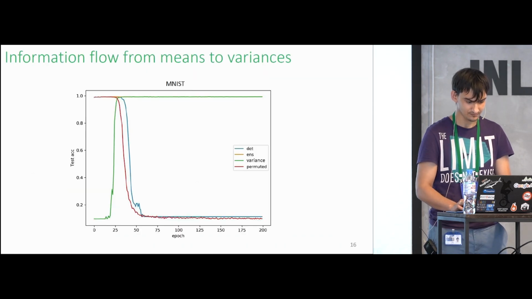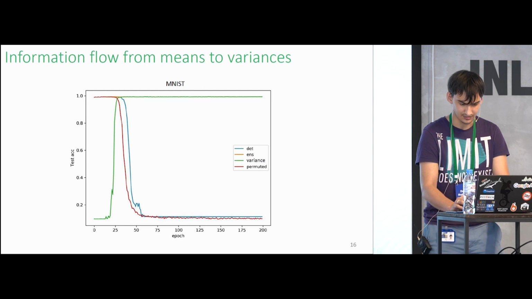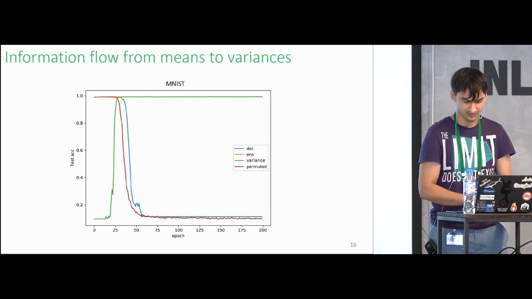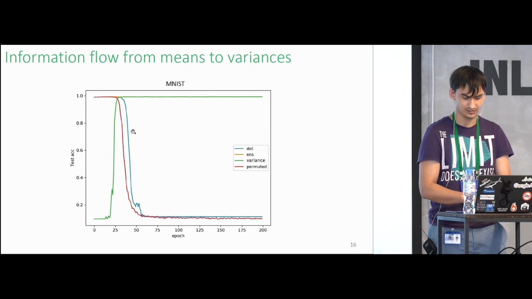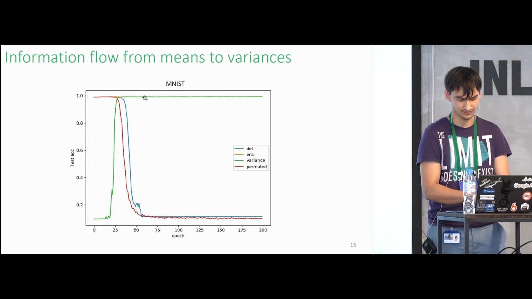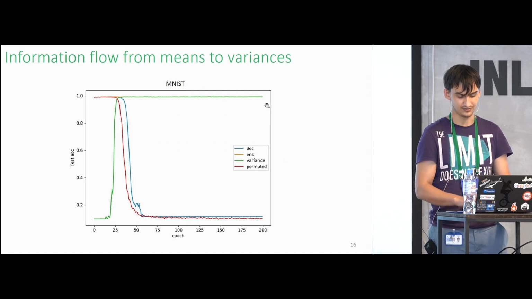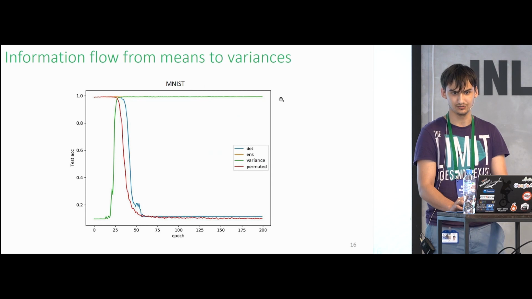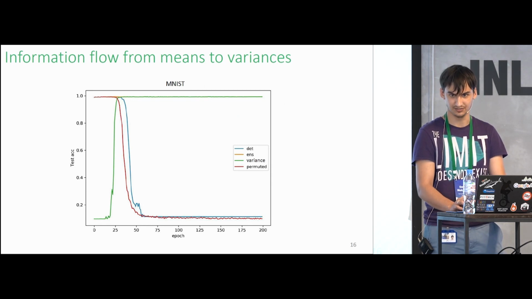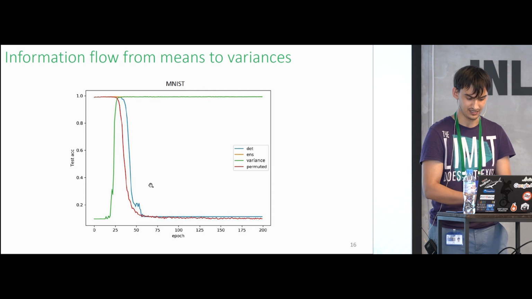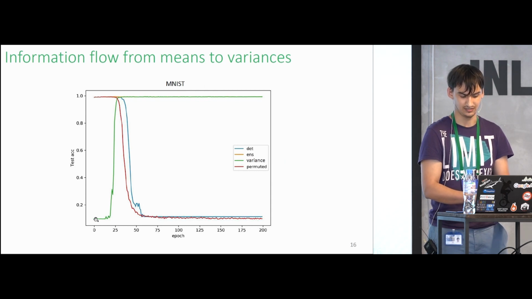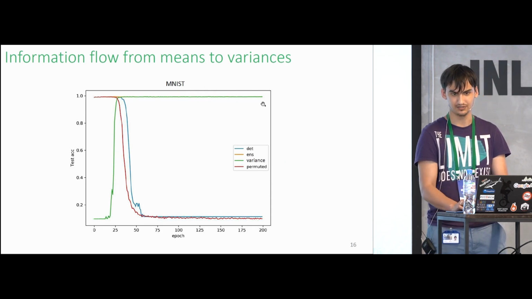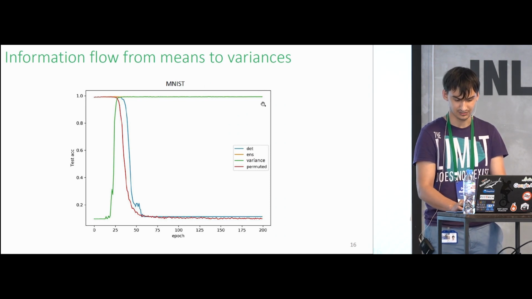And here you can also see another training curve. So you still have this blue line of deterministic prediction. You have this orange line. Well, you actually can't see it there very well, but it's just like on the top here of the ensembling prediction. You have this green line, which is the variance prediction, where during prediction you zero out the means and only use the variances to predict. And as you can see, in the beginning, the variance prediction is random guess quality, and in the end, the variance prediction coincides with the ensembling prediction.